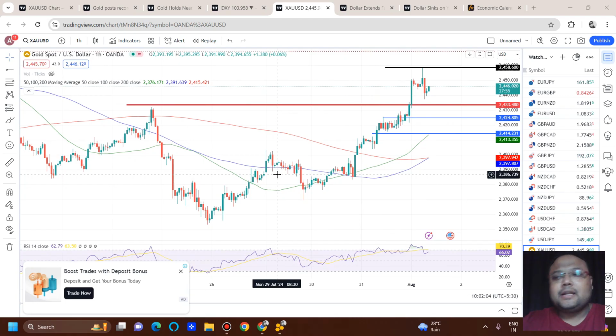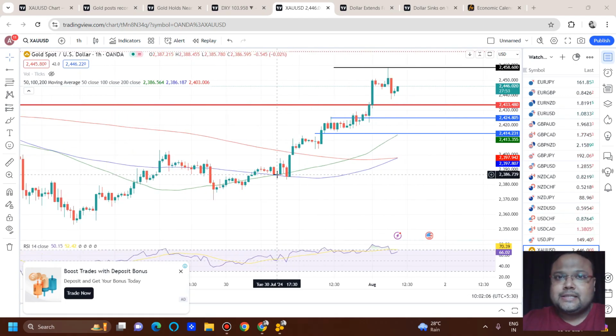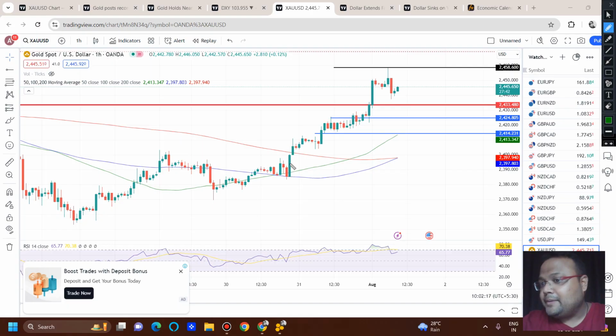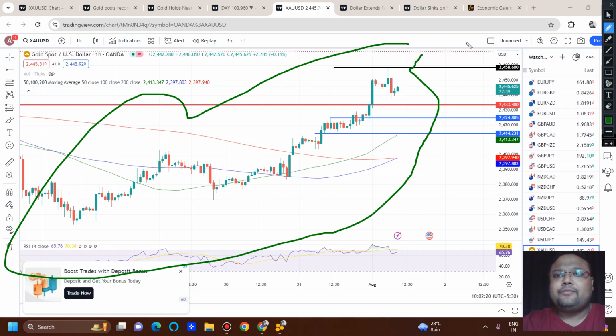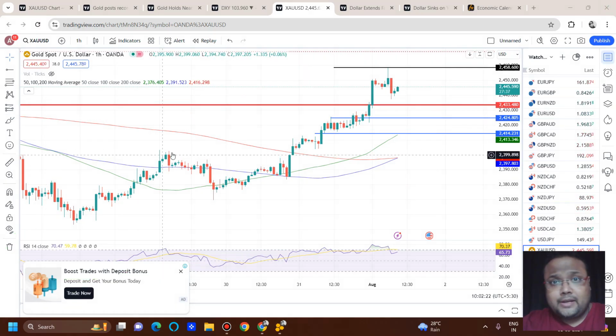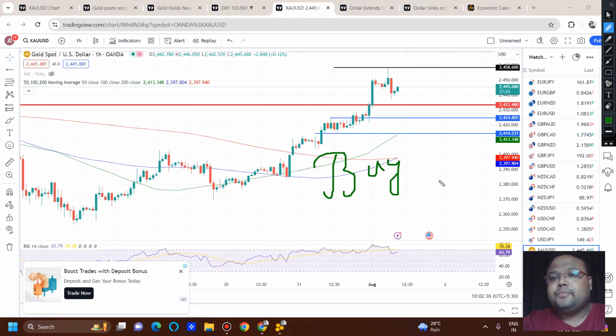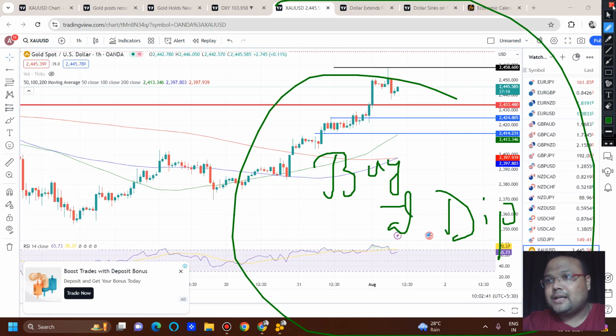So this is the current market condition, and you can easily understand that market sentiment is bullish, both fundamentally and technically. So what should we be doing then? We should be looking for buy positions only. Why buy positions? Because my dear friends, trend is our friend, and to survive in the market, you need to respect the trend of the market. And as the market sentiment is also bullish right now, it will be better for us to look for buy positions, meaning buy at dip. Buy at dip is the best and the safest trading strategy for us as of now.